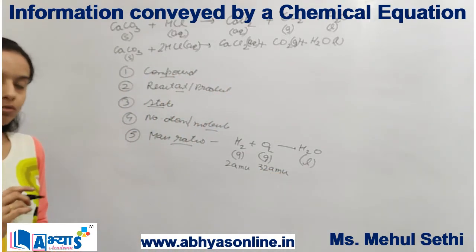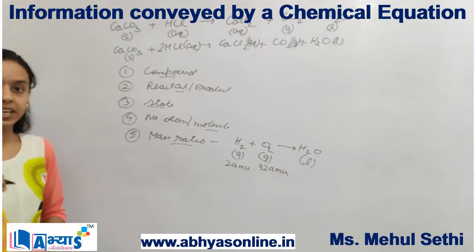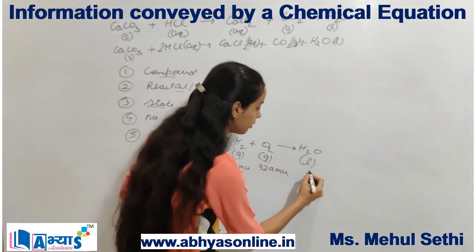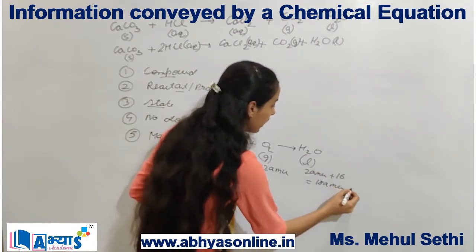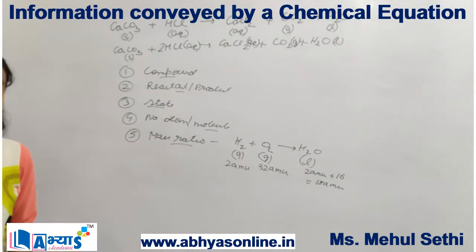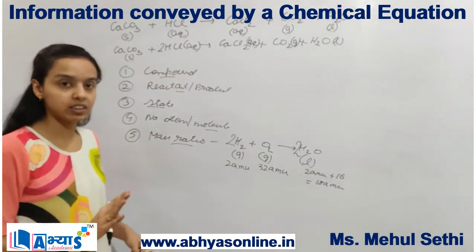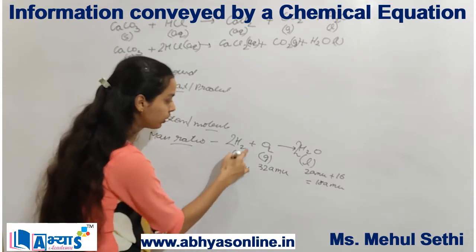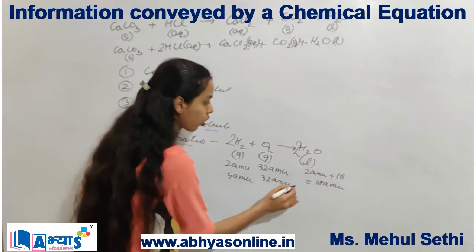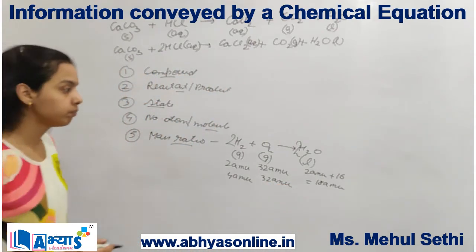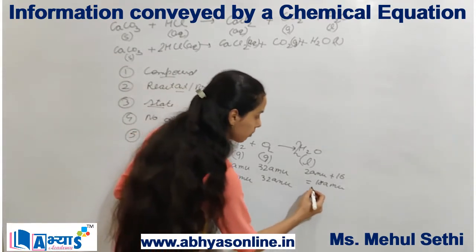Now let us find the mass of water. As we know, one atom of hydrogen weighs 1 atomic mass unit. So for 2 atoms it will be 2 atomic mass units plus 16. So it will be 18 atomic mass units. Now it is not balanced. So to make it balanced, I will do it like this. And now the final mass will become 2 into 2, it will be 4 atomic mass units. It will remain 32 atomic mass units and finally it will become 36 atomic mass units.